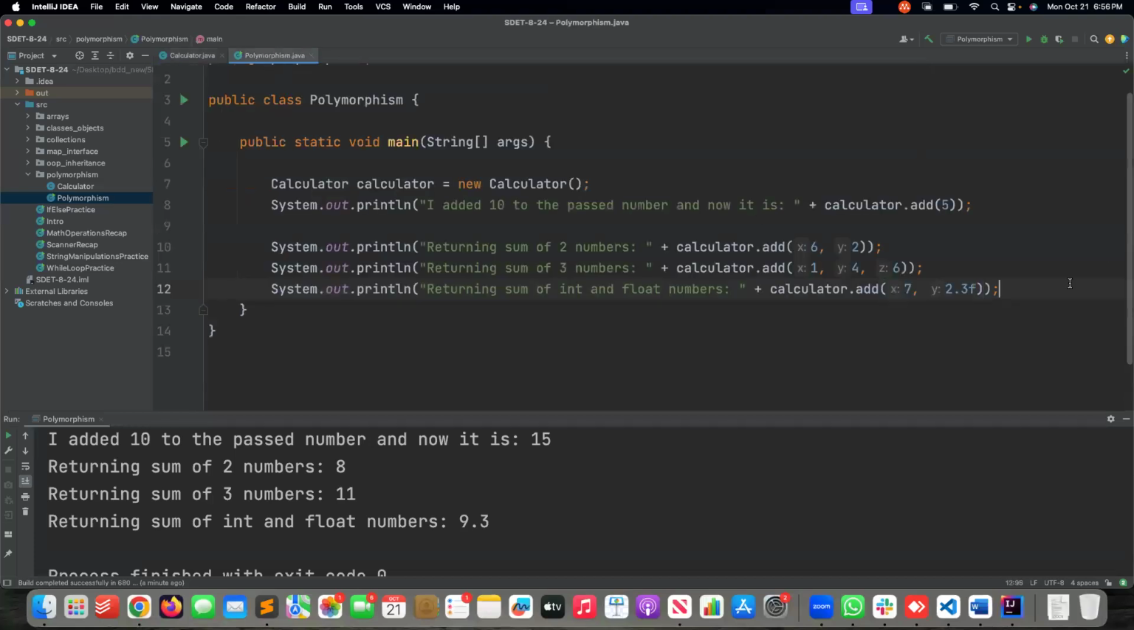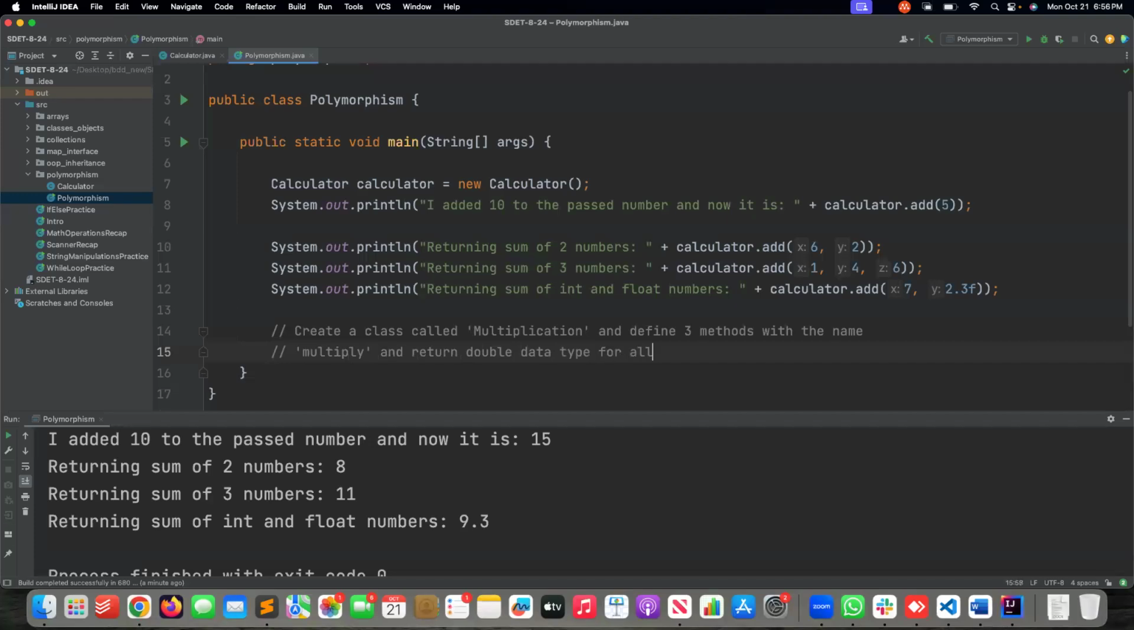So the task is create a class multiplication. Class name starts with uppercase, okay? Don't forget that. And define 3 methods with the name multiply. And return double data type for all,